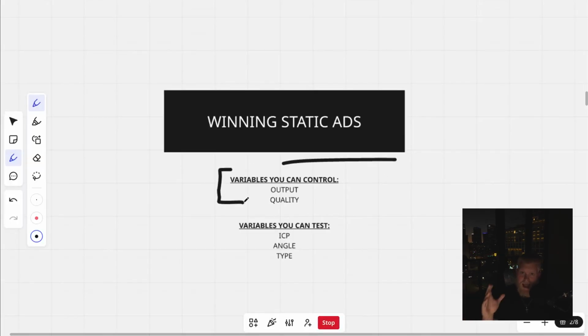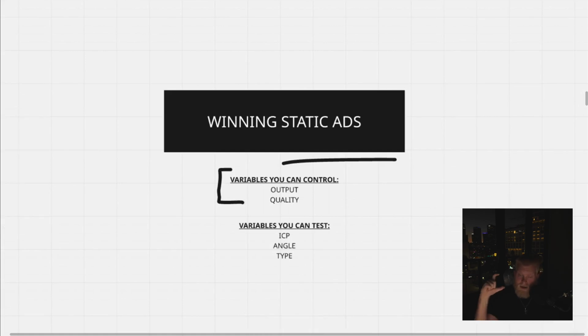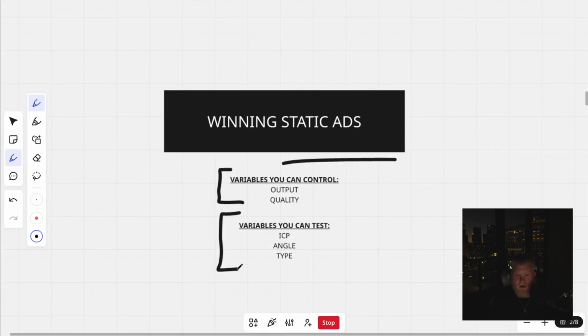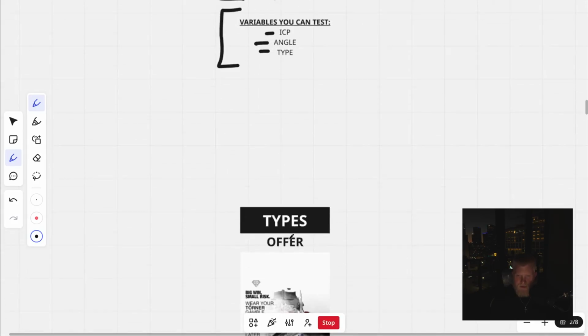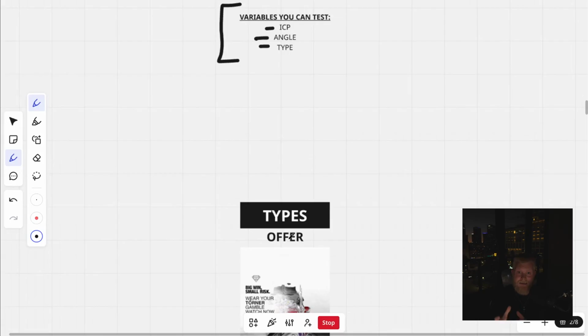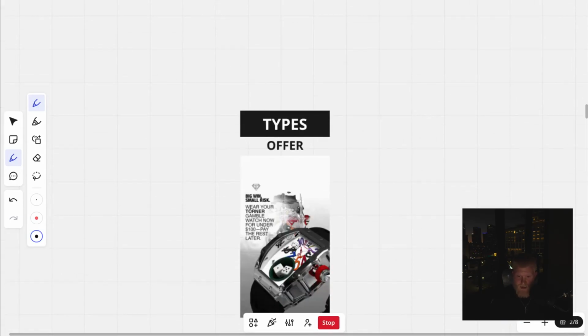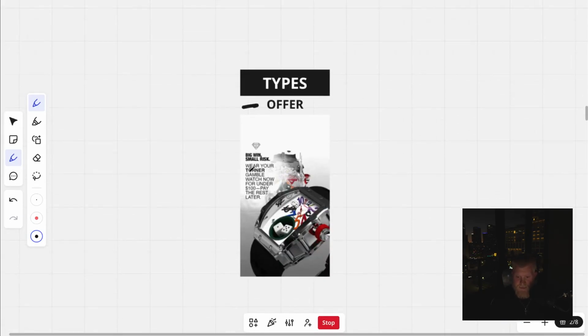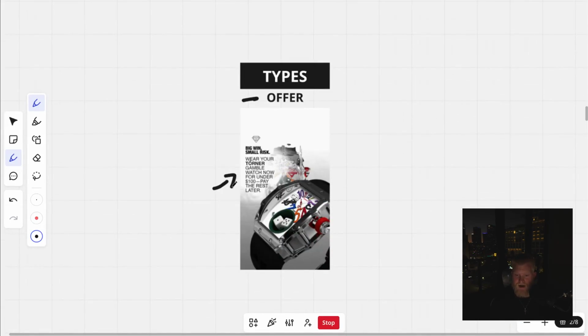I can control my output and I can control the quality of the creatives, right? And the variables that I can test are ICP, angle, and the type of creative. So let's get into the types of statics that you can be testing. The first is offer-based. This static, we are testing the offer of allowing people to finance because the product is